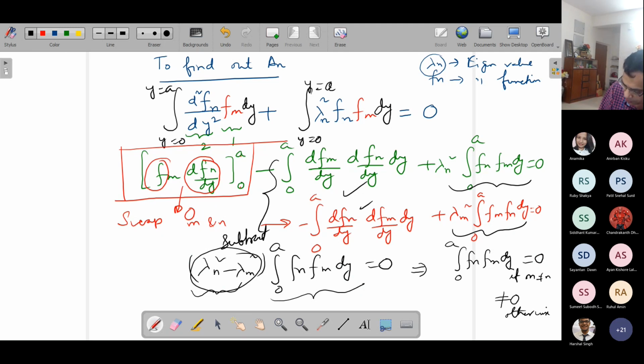That is not the case that we are looking for. So this is something which we can make use of. This is called the orthogonality condition. All of you have learned this from the Fourier series formula,